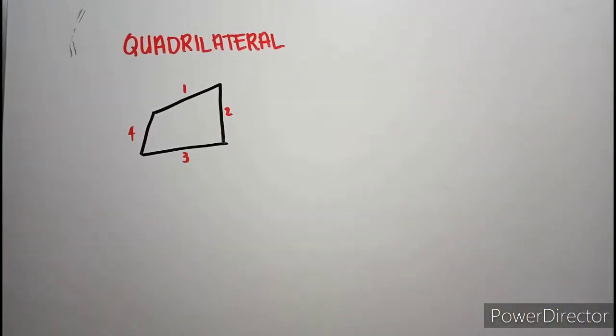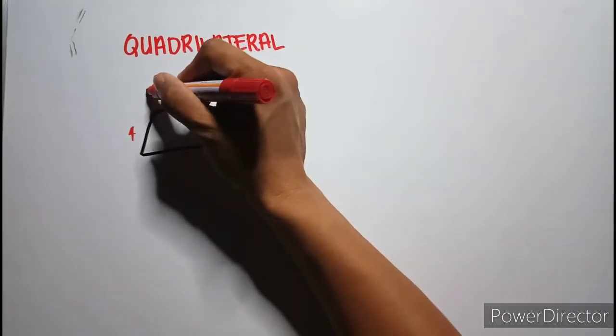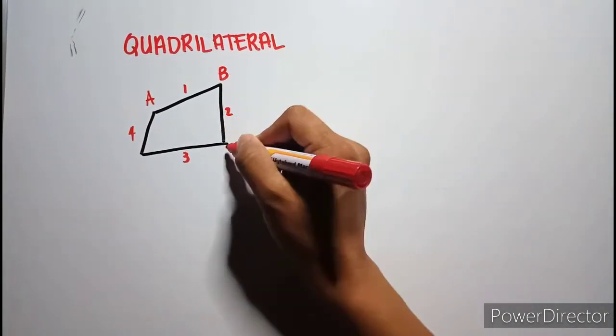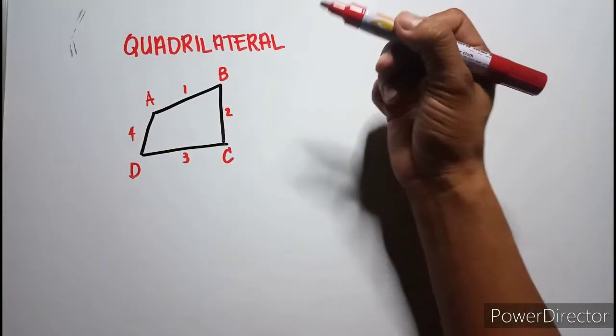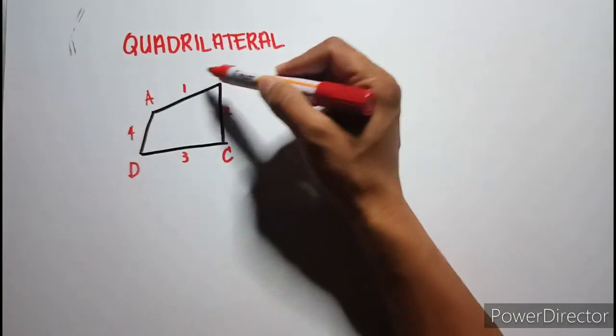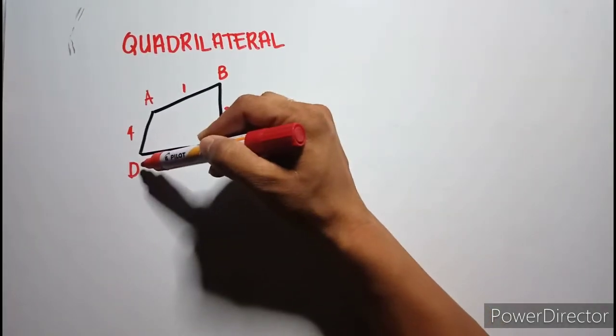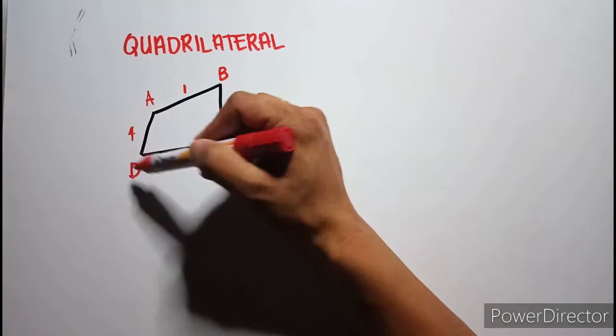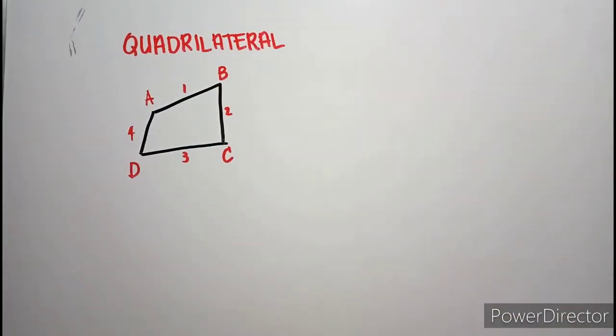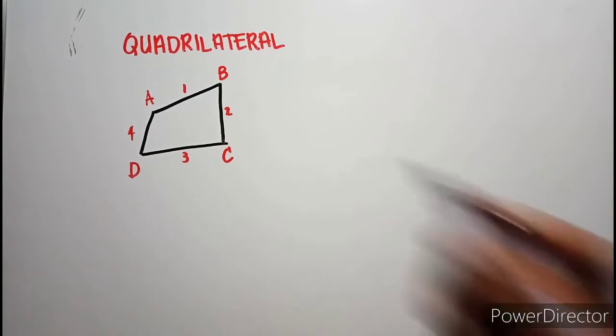Okay. So, paano mapapangalanan or ano ang pangalan ng ating quadrilateral? Ang pangalan ng quadrilateral, we are using the capital letters of the alphabet. So, let's name this quadrilateral as quadrilateral A, B, C, D. Ang pagpapangalan ng quadrilateral ay sunod-sunod sa kanyang vertices. Sunod-sunod ang pangalan or ang letters. So, it can be clockwise or it can be counterclockwise. So, again, ang ating pangalan ng quadrilateral ay